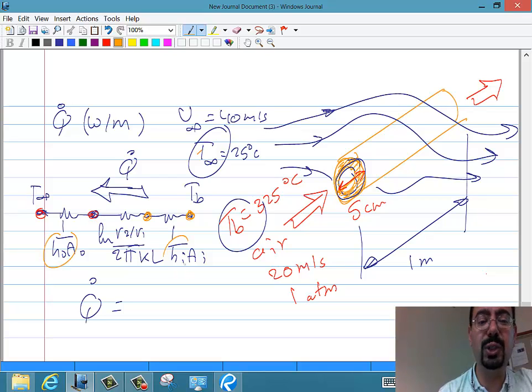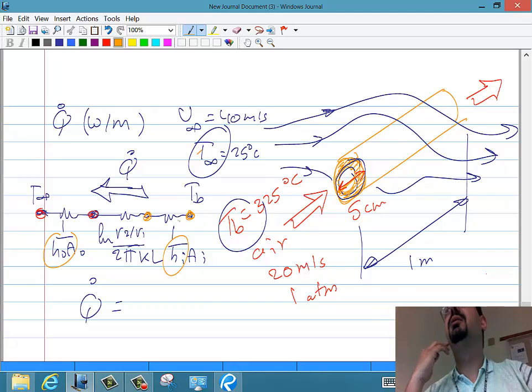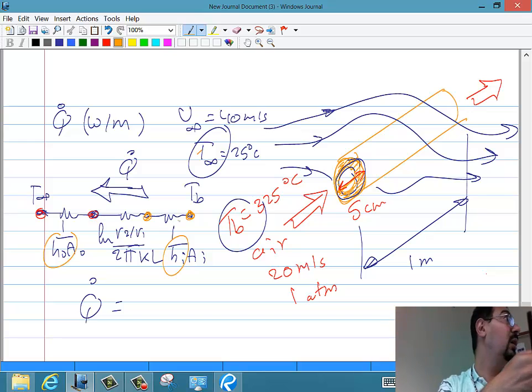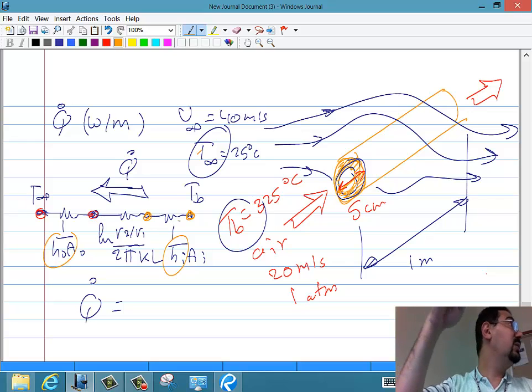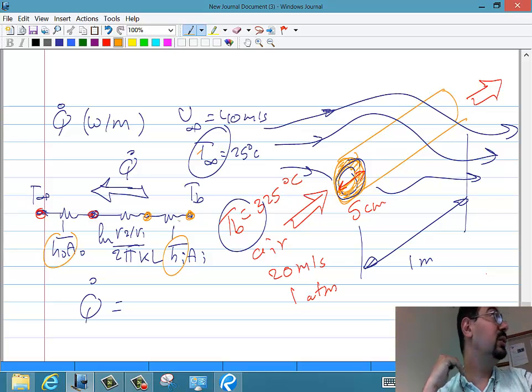Guess where we are going to get those H's? Huh? Nusselt number, and the Nusselt number comes from one of those correlations. Let's hope we pick the right correlation. So we'll pick the right correlation for Nusselt number and calculate the H out of it. And therefore we have Q equals HA delta T, or let's just say Q is delta T over the total resistance. Why can't we just say Q is HA delta T? Because